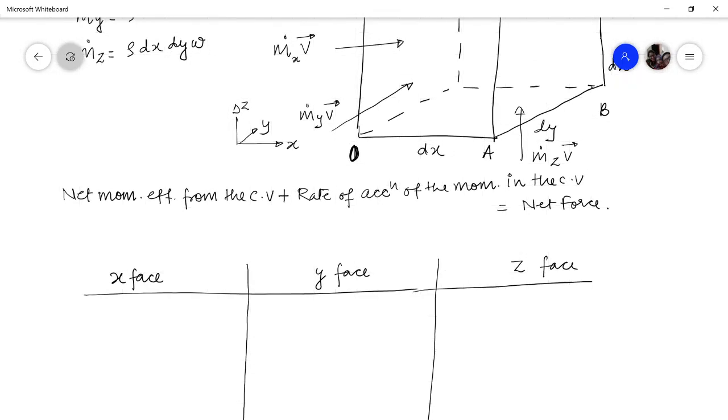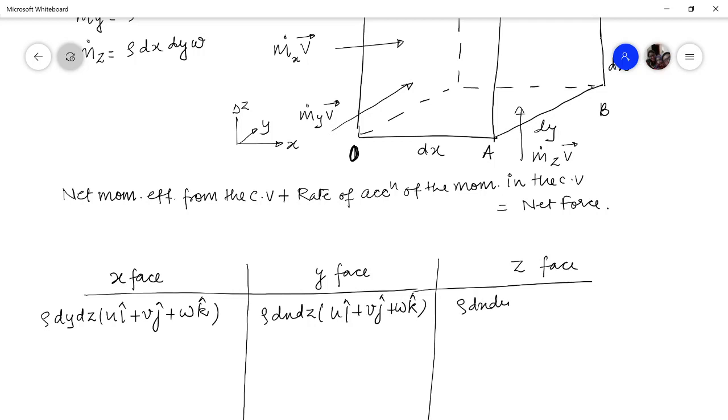If you write these fluxes, you can write m dot x V in from the x face as rho dy dz (ui plus vj plus wk), from the y face as rho dx dz (ui plus vj plus wk), and from the z face as rho dx dy